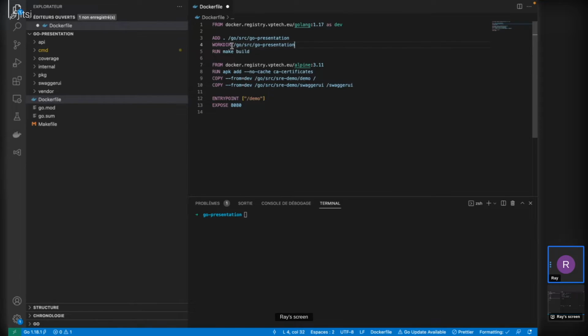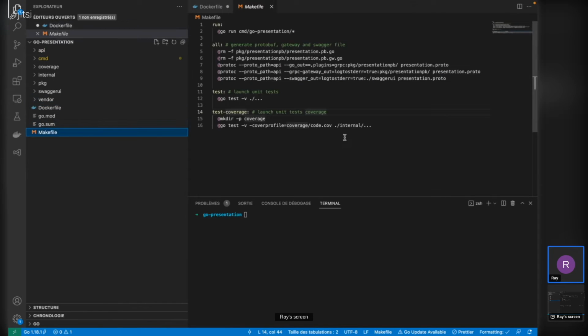And then from this working directory, I will build my application in order to obtain a binary of the application. And I do it using a makefile command, which is called build. So I will create this command in my makefile here.